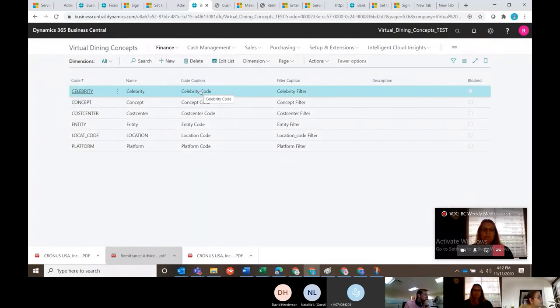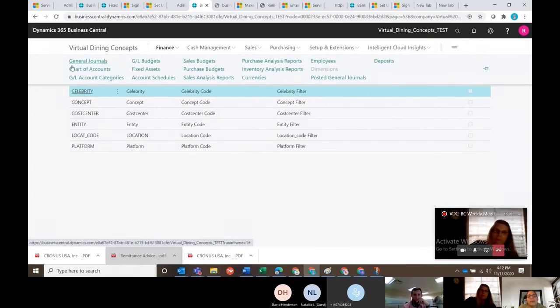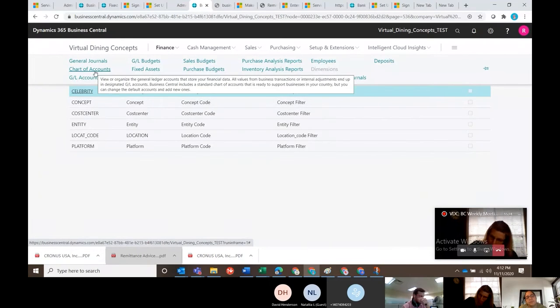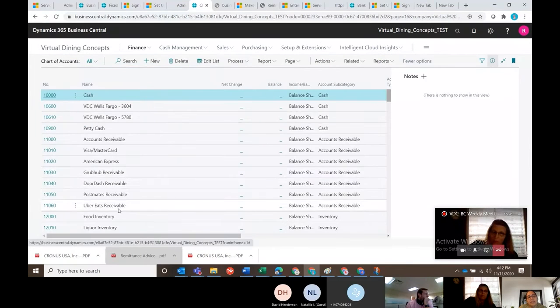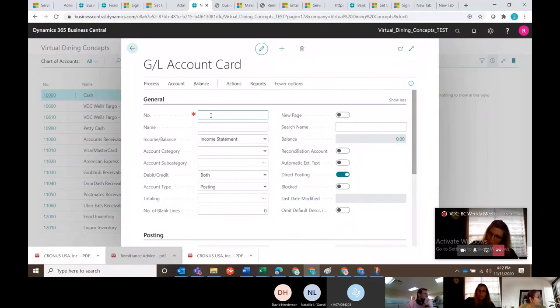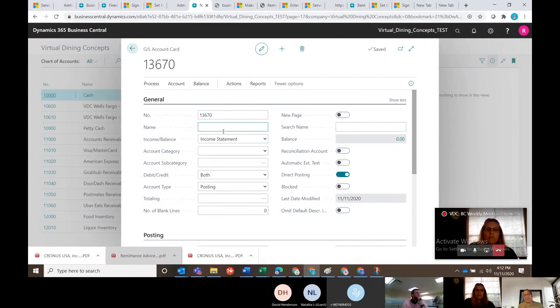And then let's go to create new GL accounts. So if you go to finance, you have on your left side here the chart of accounts option. Press there, you get the chart of accounts list. It's the same here, new, and then you state the number. If it already exists, it will give you an error message telling you that that number is already used. And then we just take